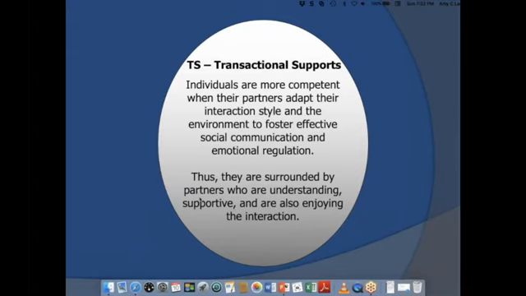So what we want to do in terms of social communication and emotional regulation is develop those foundations which relate to social communicative competence, but we can't do it without transactional support because you can't be a competent social communicator without a partner. So this is where the partner comes in. And we know, and I'm sure if I could see you now that you would be going, yes, yes, yes.